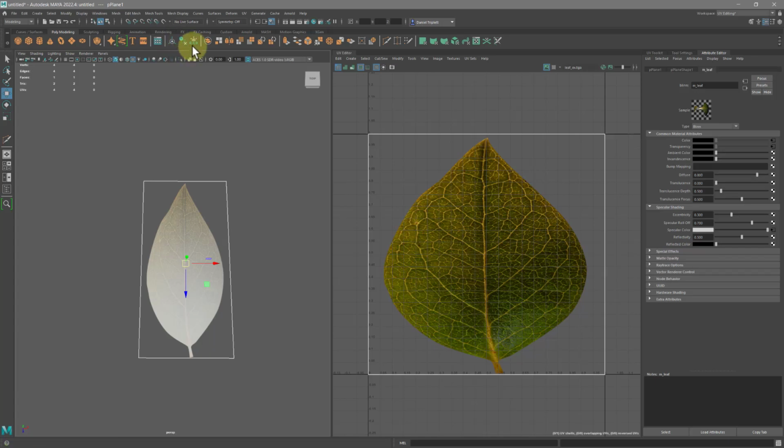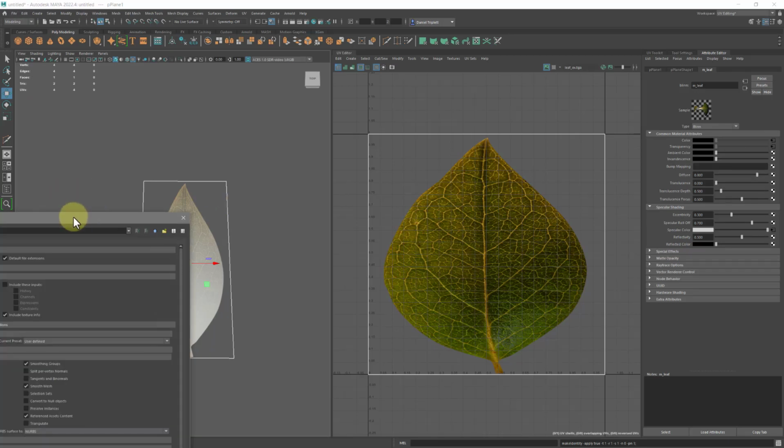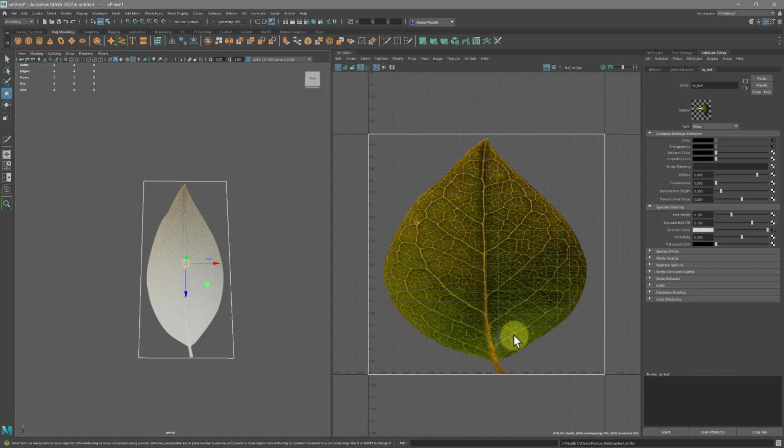Maybe I should delete my history. You should always do that before you export. And I'll just freeze transformations even though I didn't move it, but we'll export it one more time. Export selection, because weird things can happen. Like that, save it, yes. Okay, so now we should have something where if we go to Sketchfab,